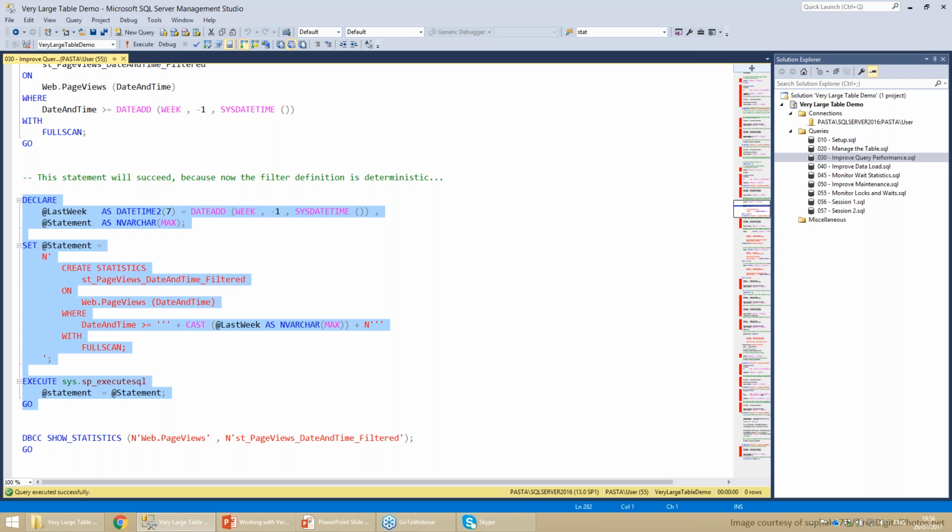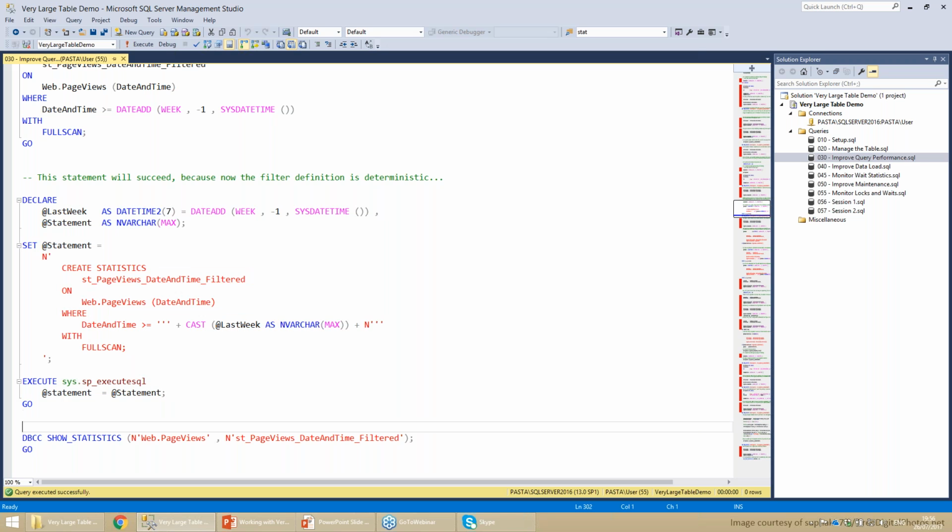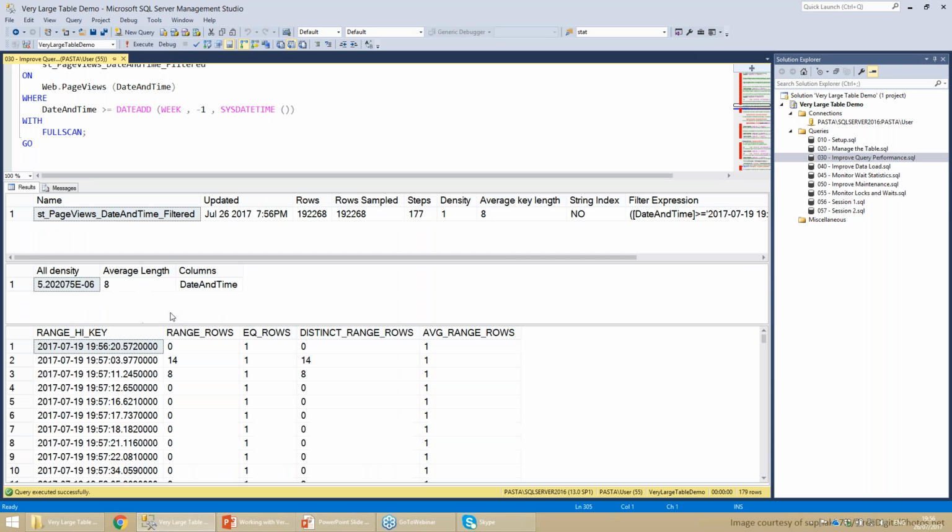And this means that the filter statistic is going to contain the last week in every point in time. It's the last week now, but as we move forward into the future, it will contain more and more because it's just all the data since a specific date. Okay, so now if we look at the histogram, we have a much more accurate histogram containing only the last week.